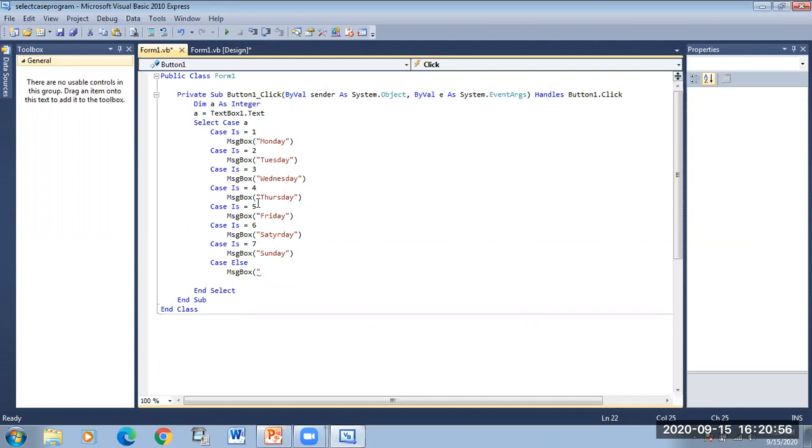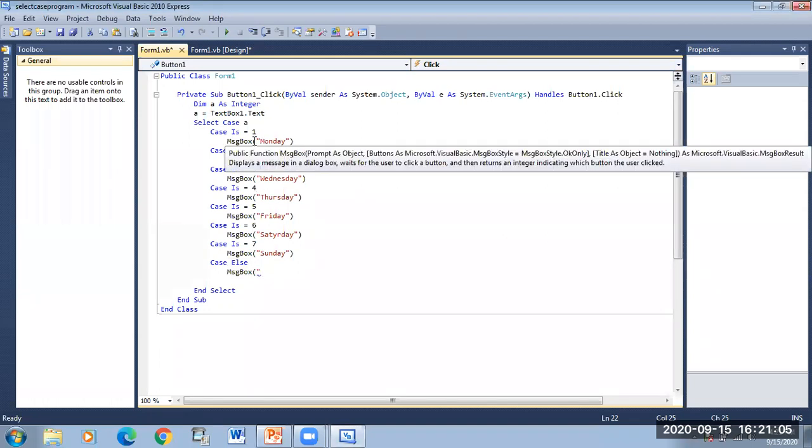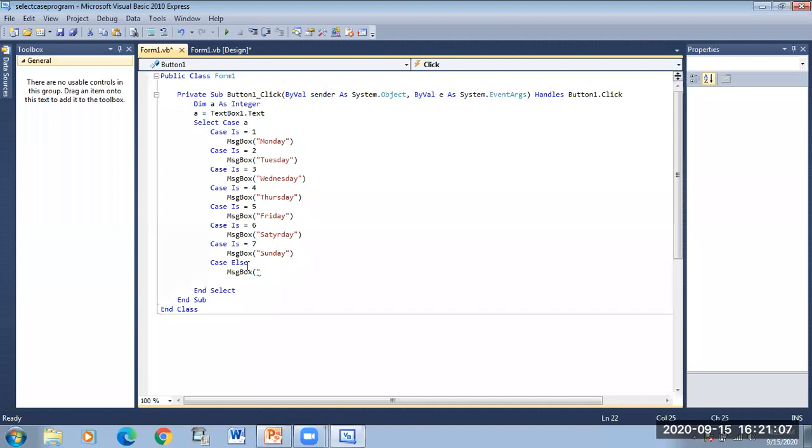Please enter a number from 1 to 7, yes or no? So we have to inform the user that he has entered a wrong value. That is why we will use case else.